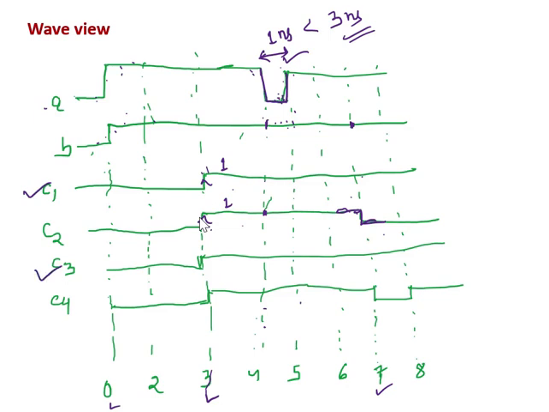After 3 nanosecond, this will be A and B, so I will get 1 here. The transition will be from 0 to 1. Then because of this delay, delay less than 3 nanosecond, this will be filtered out or ignored. So the previous value will remain. So I will get this 1 as the previous value, and this one will be ignored. So these two, C1 and C3, are same.